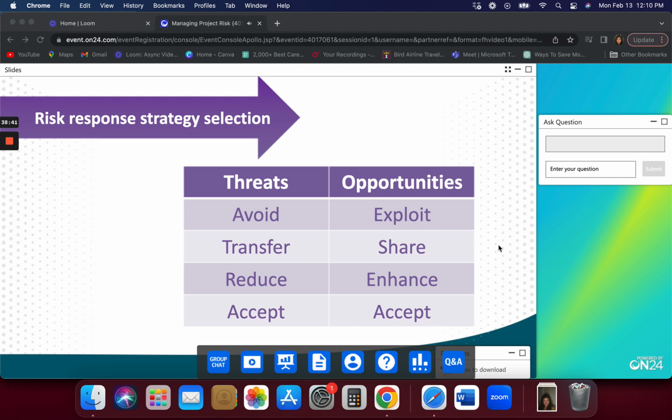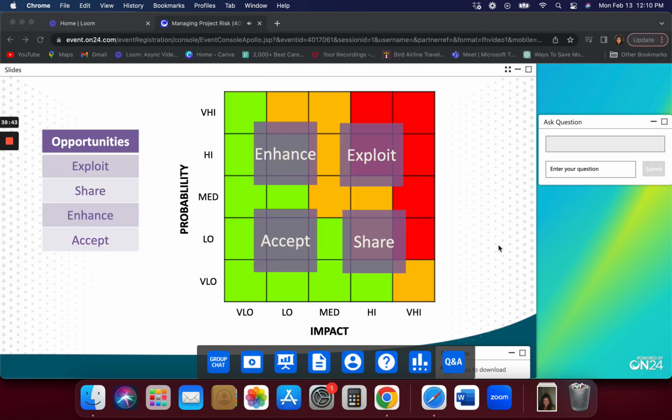So guess what? We have got an example for you. So opportunity. So let's go and look at the opportunities here. I'm going to give you